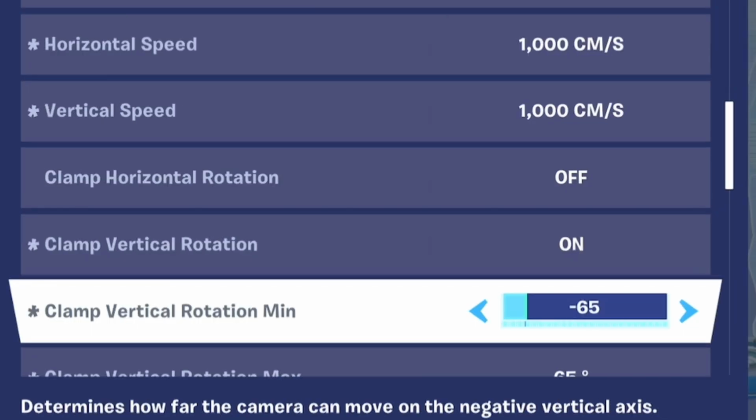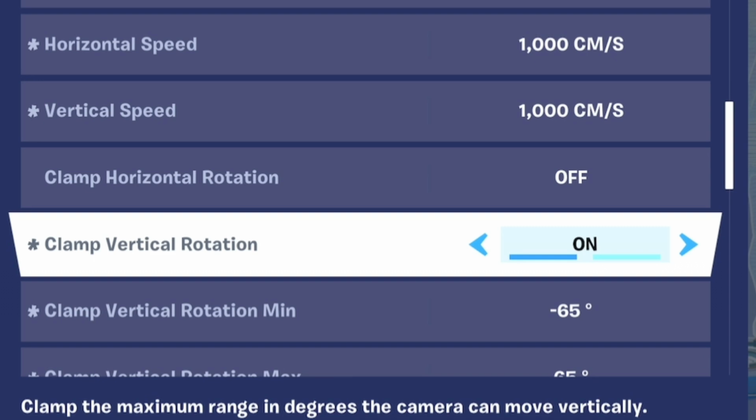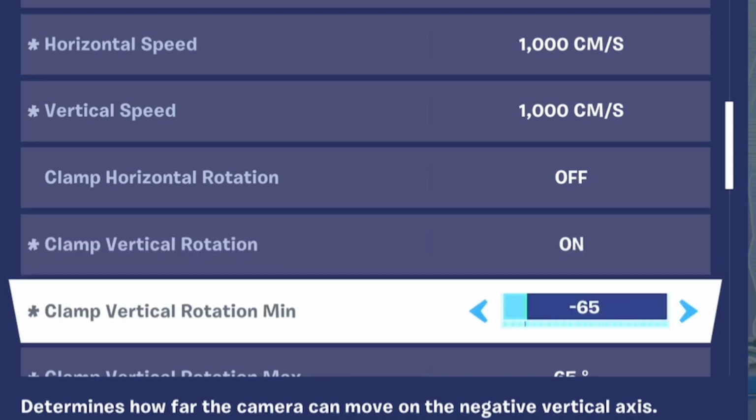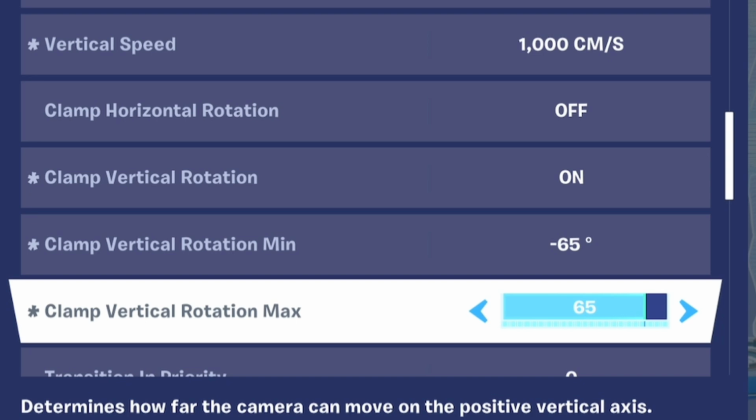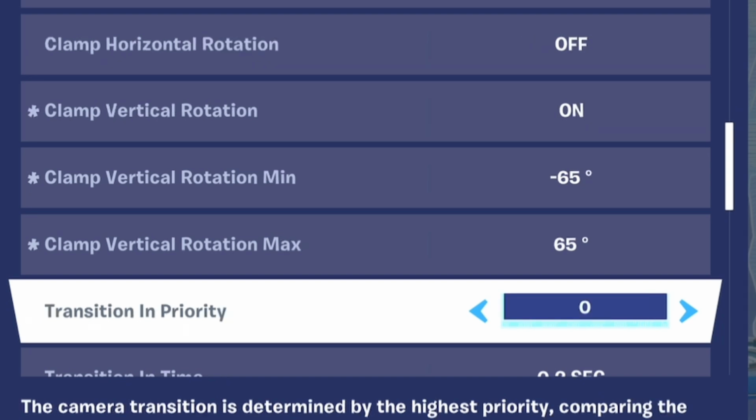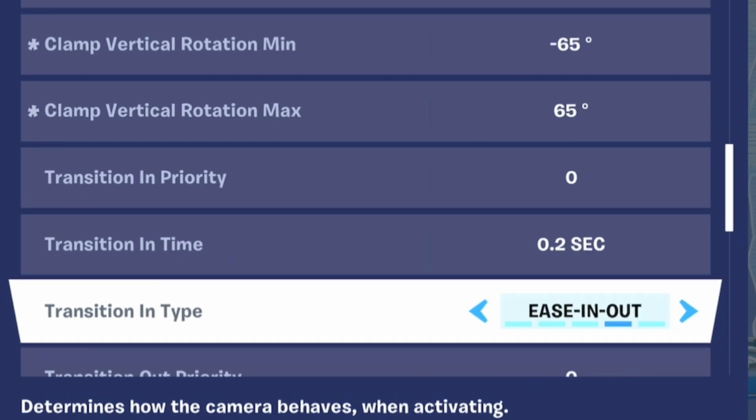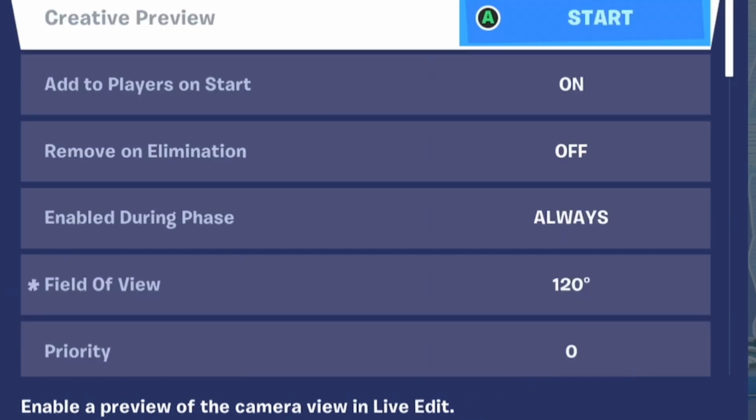Next you need to turn on clamp vertical rotation. Put the rotation minimum at -65 and the rotation maximum at +65. That's all I've done for the camera, but feel free to experiment and let me know down in the comments